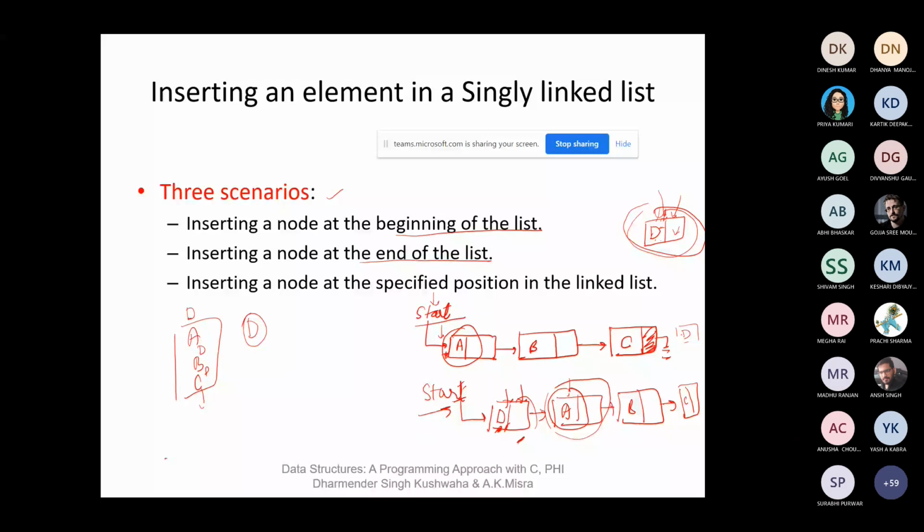And when you insert this D node, then the start pointer contains the address of this node. So what will we do? Ma'am, we can create a new node, and in the next of the new node, means in the address part of the new node, we will store the head, means the initial starting pointer. Then our new node will become the head. Okay. And then in the previous head we will store the new node, means head equal to new node.